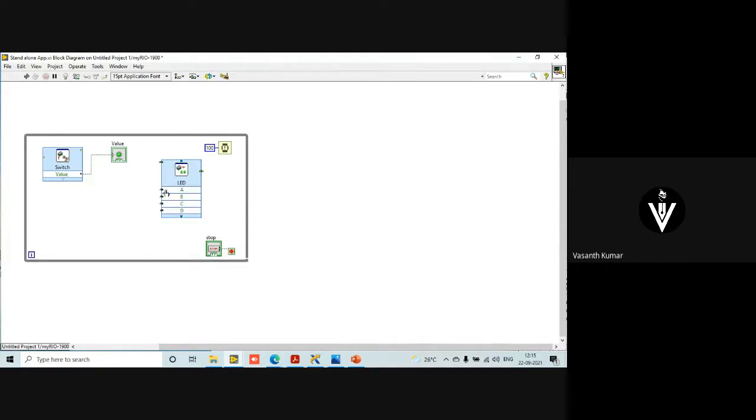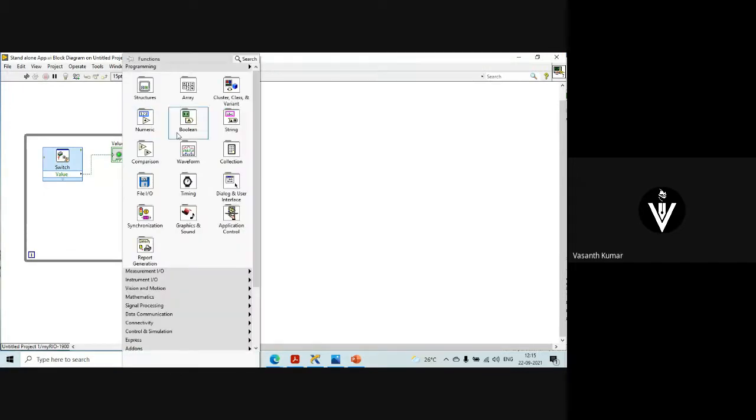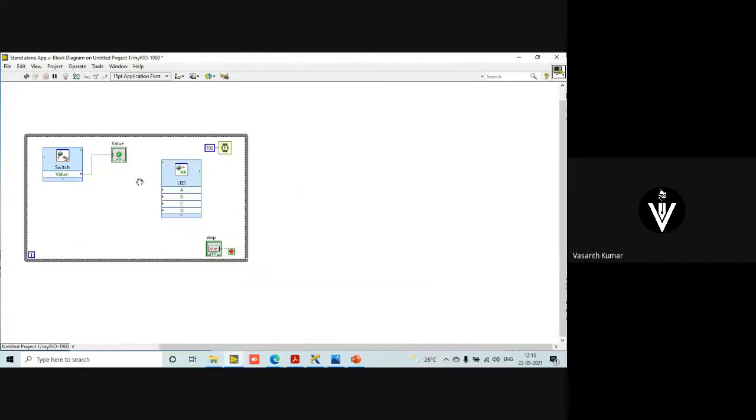So you can wire a Boolean data to send a true or false. If you say true, the LED is going to glow. If you say false, the LED is going to be switched off. So now I'll just quickly do some random logic. I'll put a NOT gate. This is a NOT gate. For the NOT gate, I'm going to directly put the NOT gate for my B and C. And for A and D, I'm going to give the direct connection.